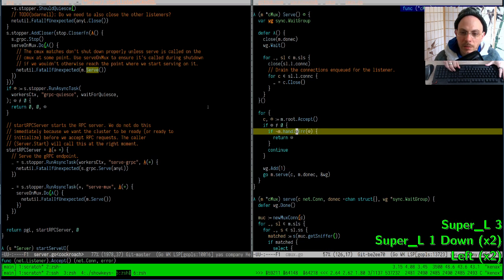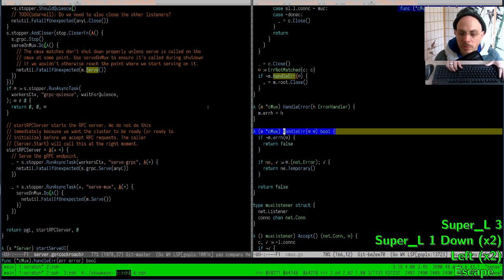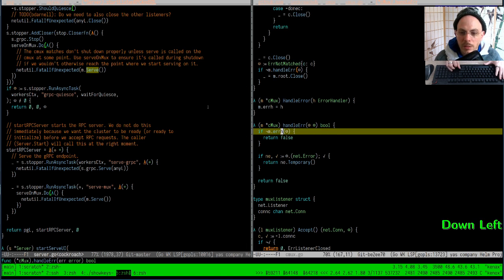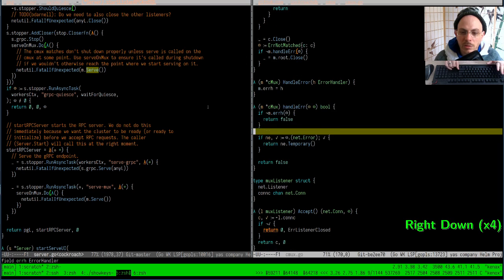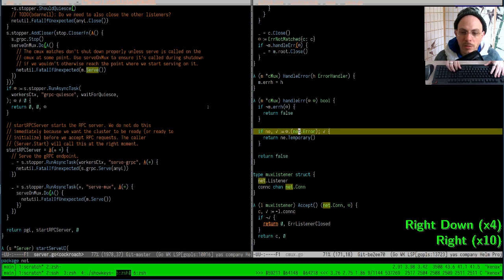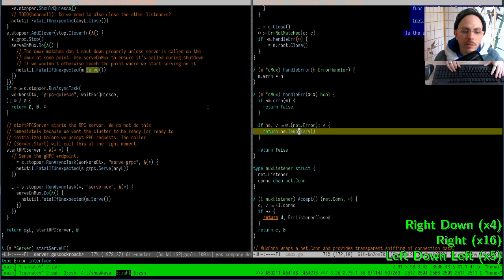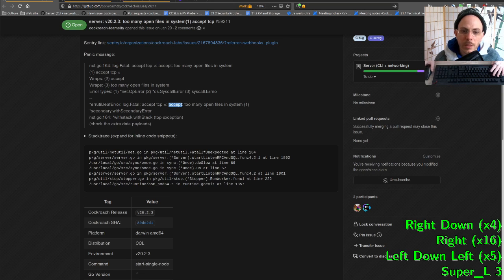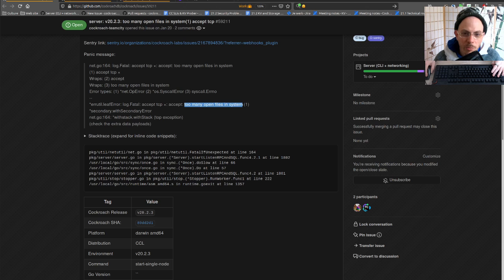And then the handler is, so there is this function that is called, and it will return true if it's a temporary error and it can continue. So there is no customized error handler. And so without a customized error handler, this call here is ignored, and we go to the next step here. And then we got to this point here, and then there is a check. Is the error happening in net.error? And then if it is, does it announce itself as temporary? And so it's very likely that too many open files in system is in fact